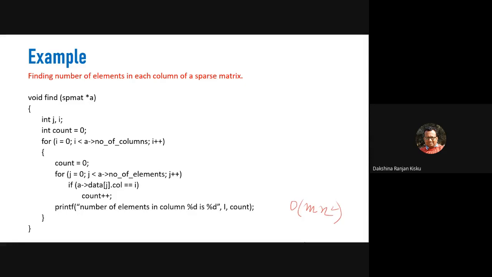Here m means the number of rows, n means the number of columns. Now p is the total number of non-zero elements, then p into n will be the number of comparisons. So in the worst case we will obtain the time complexity of order of mn.